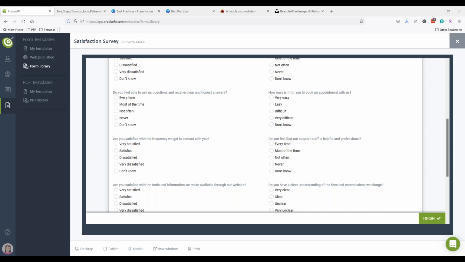Another thing is to really check in with them. A lot of times what I see and what I hear firms do, like when I meet with new firms and I'm getting them onboarded onto PreciseFP, I always ask people what their process is. And later on, if we do a follow-up, maybe they want to get on another call or what have you,